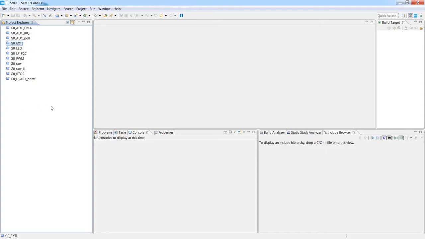All of them are closed at the moment. To open a project, it is enough to double click on it. Let me double click on this G0_XTI. This project became opened and active. Active means that if I